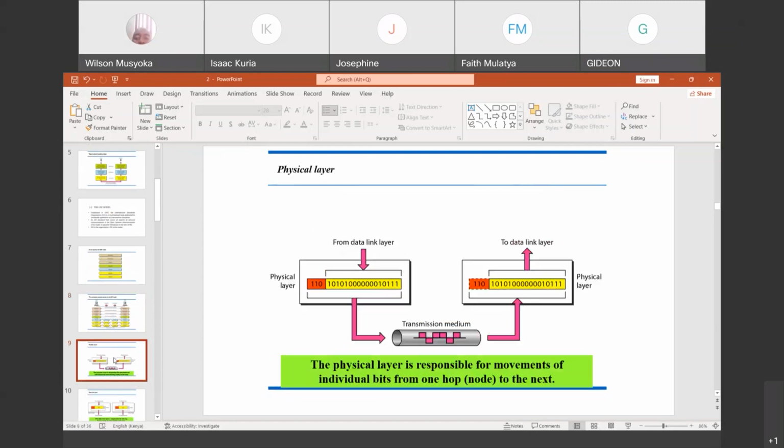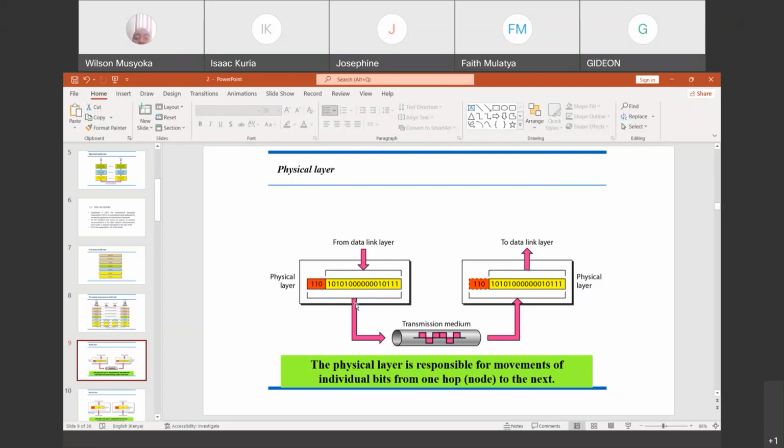Then we move on to the physical layer, which we start with. And we say the physical layer is responsible for the movement of individual bits from one node or hop to the next. So like we were showing in that diagram, when you are receiving a data frame from the data link layer, it is going to be converted into individual bits at the physical layer.